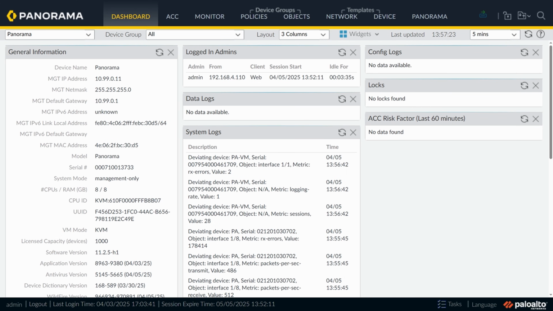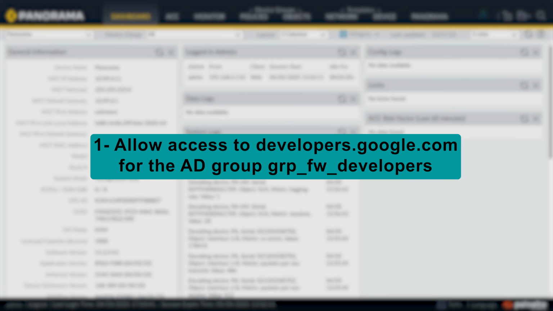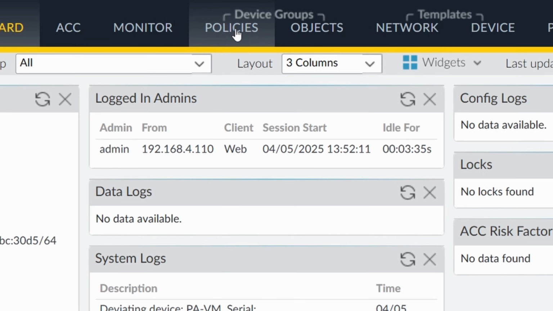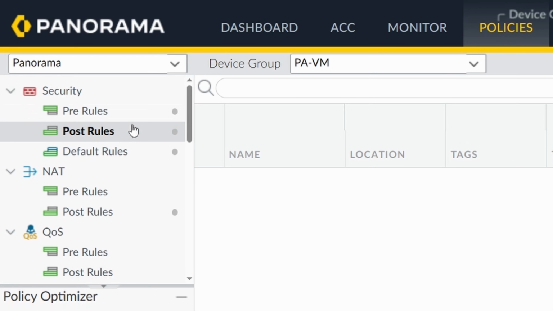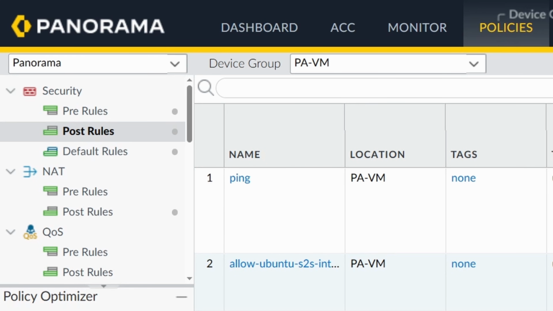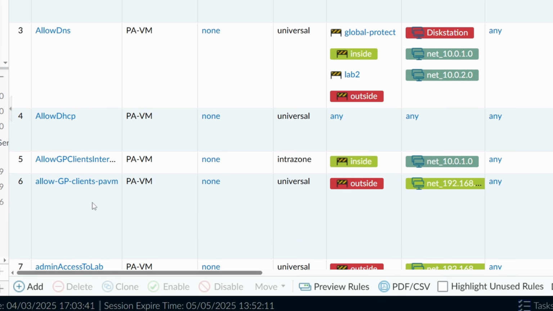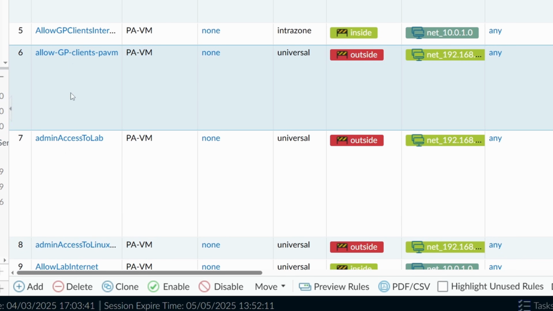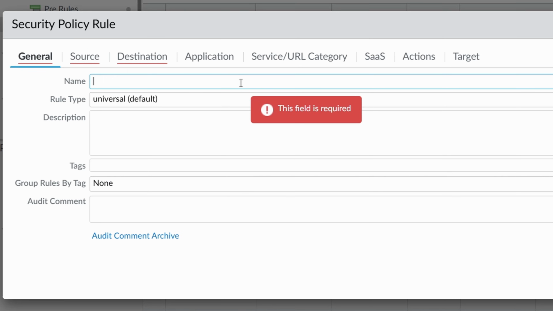So I'm connected to my Panorama, and the first example we're going to configure is the access to developers.google.com for the Active Directory group grp-fw developers. So let's go. We start by going to Policies, my post rules, PAVM, that's correct. We're going to add a rule under this one, for example, under rule 6. So we click on this rule 6, click on add, and here I'm going to add the name,